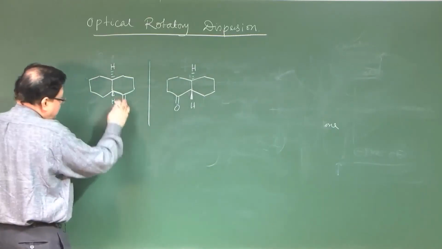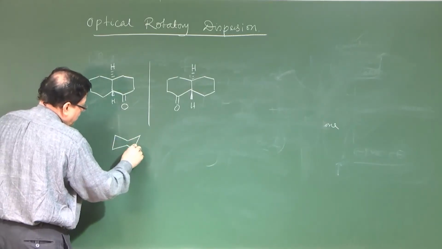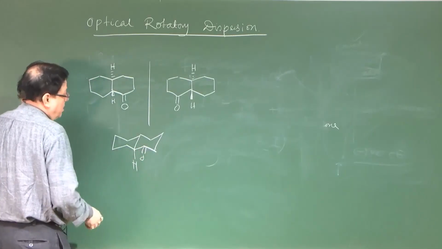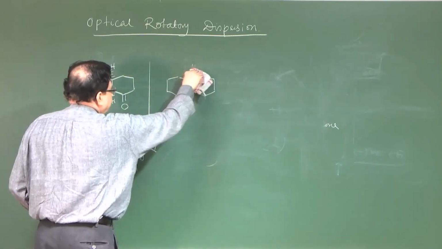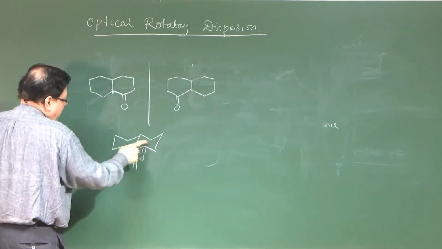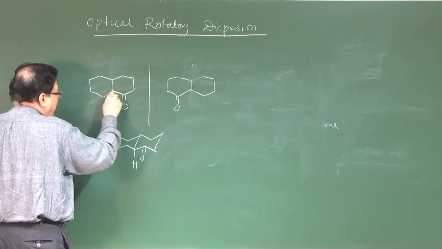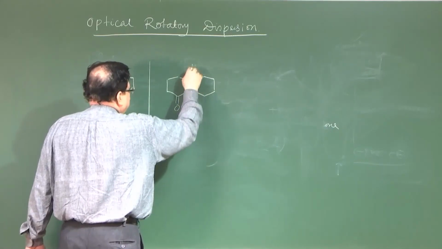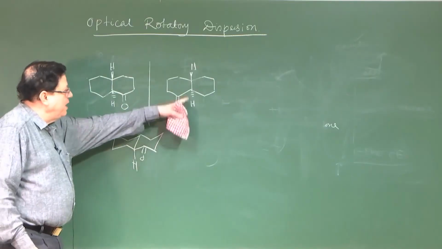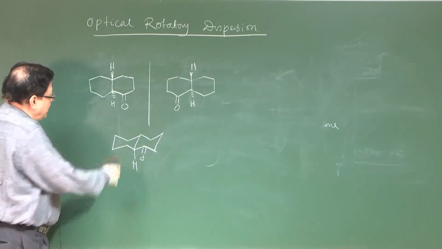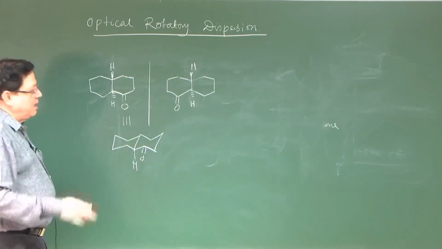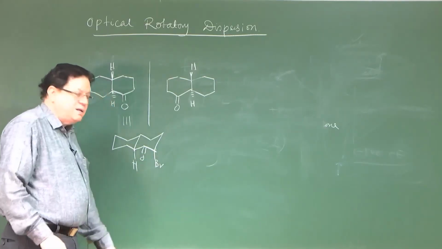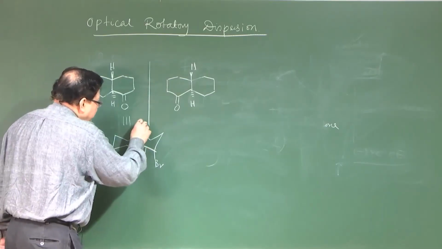Now, let us draw this in the chair form. This is your carbonyl. Let me change this a little bit, because to show this in this form, this will be alpha and that will be beta. Since I have drawn the chair like this, I make this alpha and that beta. On bromination you get alpha bromination, and the bromine was axial as determined by spectroscopic means. So, this is the bromo derivative, and the other bromo derivative will be